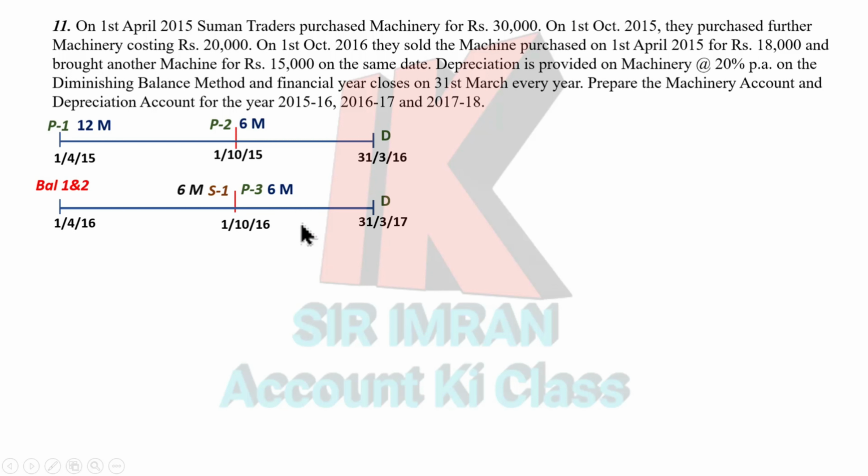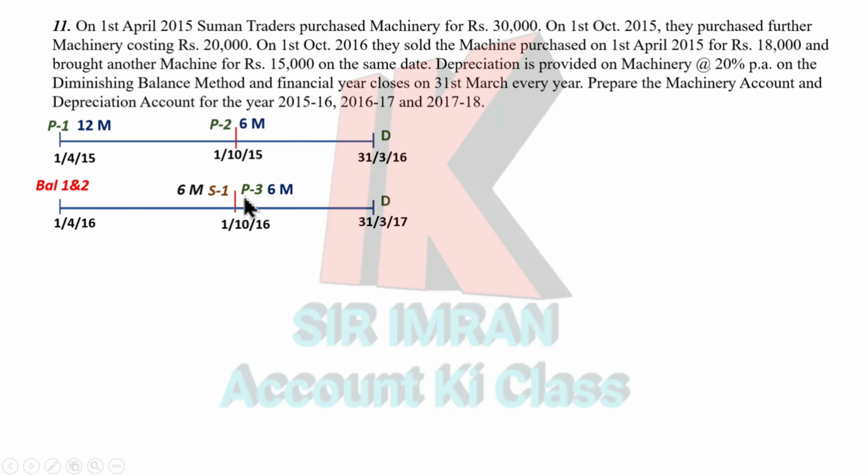Now thing is that over here we have only asset number 2. One is going to be sold in October. So at the end we have to calculate depreciation for asset number 2 and asset number 3. Asset number 2 we are starting from 1st April. That means we have to calculate depreciation for 12 months. But this asset number 3 is coming on 1st October. That means we have to calculate depreciation for 6 months. So you have to remember that for asset 2 we have to calculate depreciation for 12 months and for asset 3 depreciation